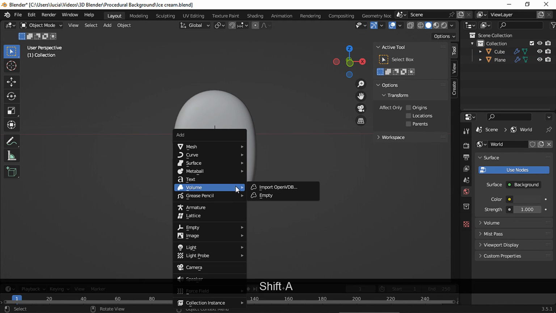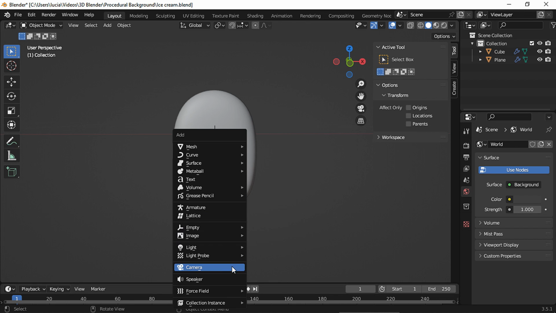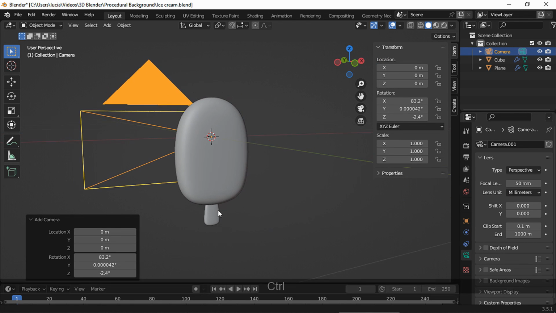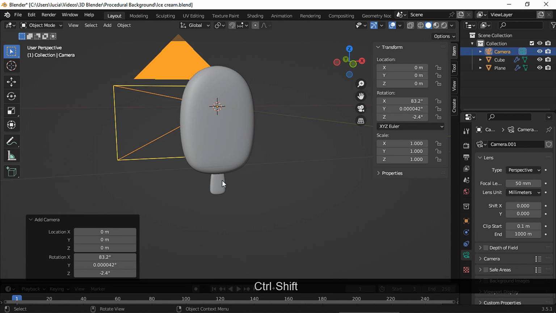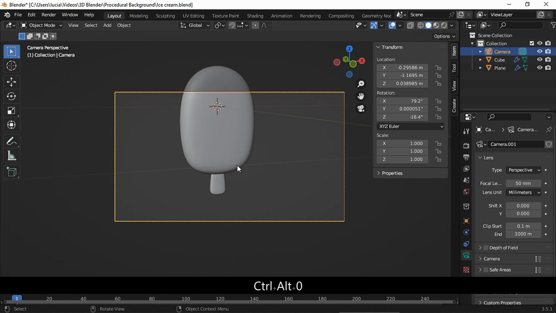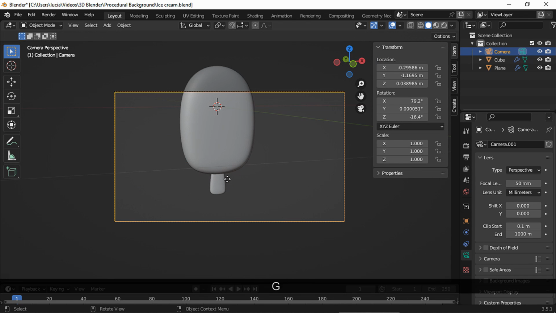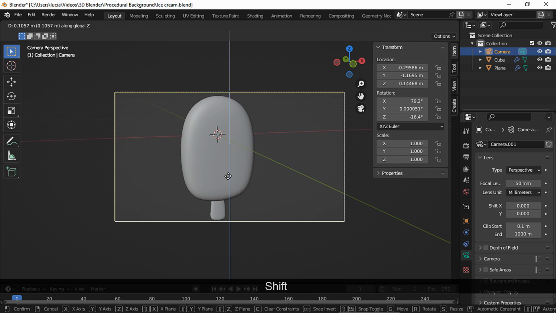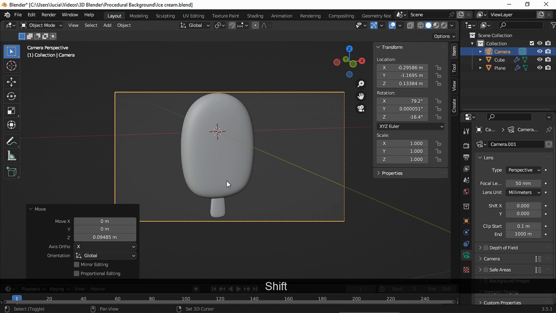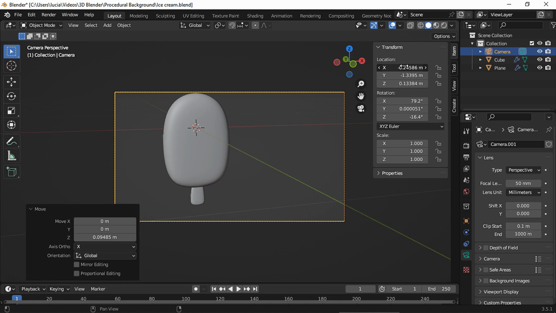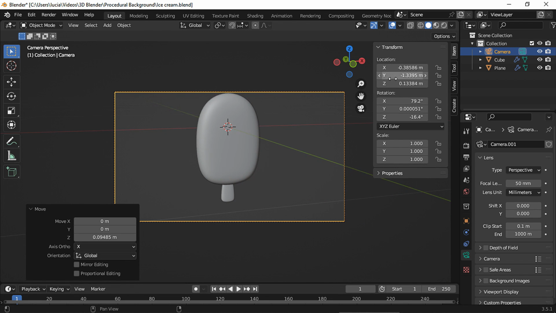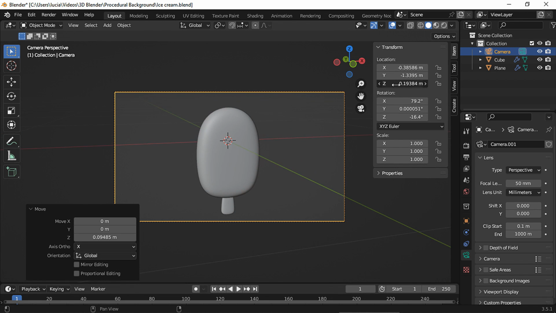Before adding the outline and the materials, we need to add a camera, select it, move into the 3D viewport, and once you like your view, press Ctrl-Alt-0 to align the camera to our view. This is a bit quicker than placing your camera using the gizmos. Now move the camera until you like the exact placement. You could copy my settings. The line art modifier is visible in camera view mode, so that's why I added and placed the camera first.